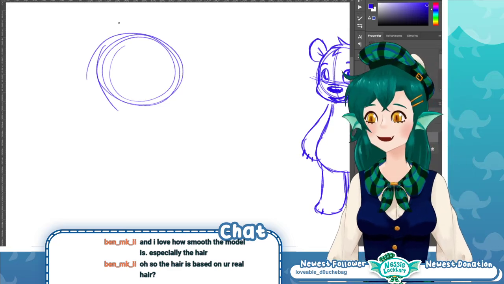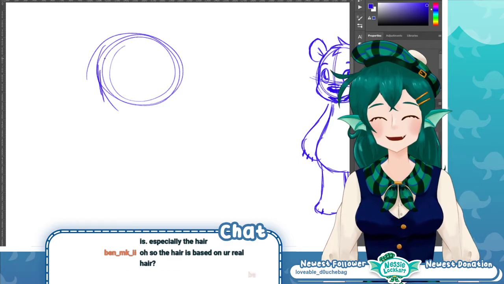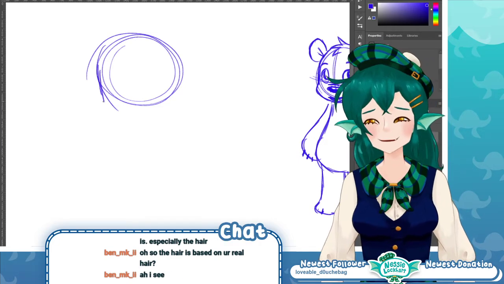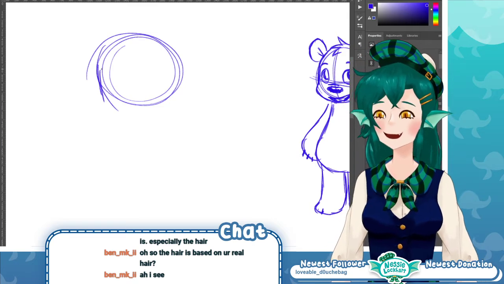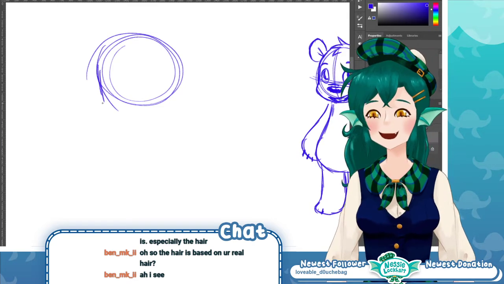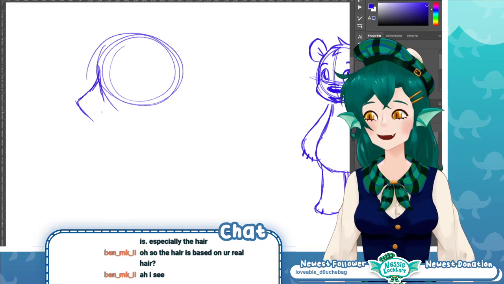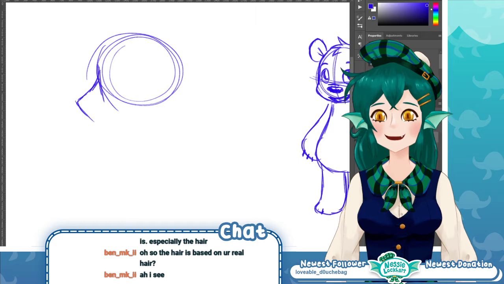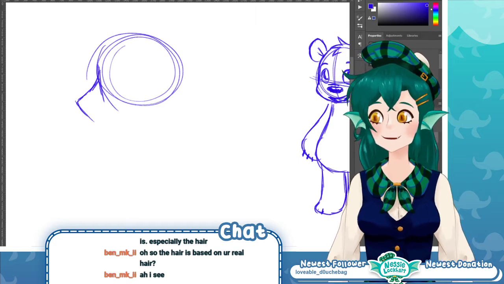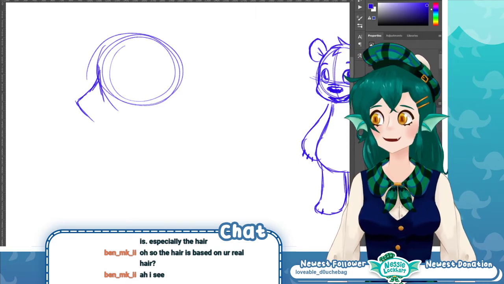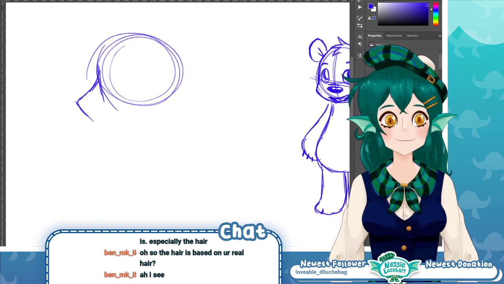So, okay, I'm going to draw a realistic bear. Realistic bear. Sorry, I was thinking about hair. Actually, perhaps I'll use a reference. I was drawing last night as well, and I realized references are so helpful.